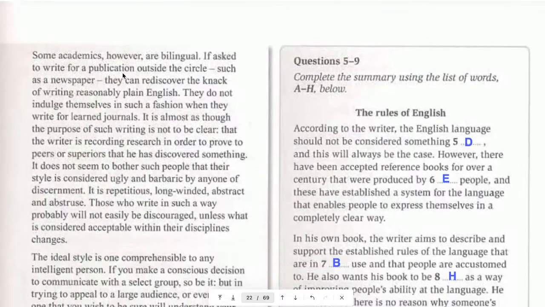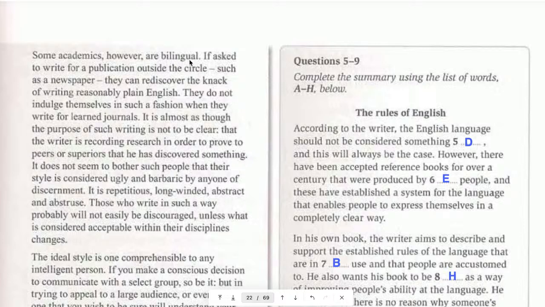Mm-hmm. Some academics, however, are really good if asked to write for publication outside the circle, such as a newspaper. They can discover a knack of writing recent plain English. Mm-hmm. Go on. One more sentence. They do not infuse themselves in such a fashion when they write for learning. Yes. Okay. That's right. Okay. This part. Yeah. Some academics,